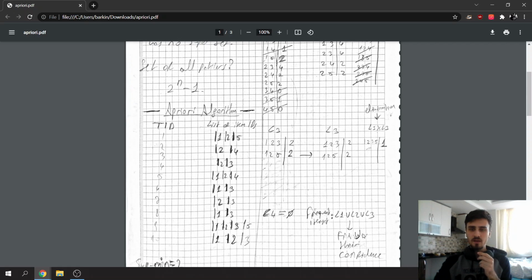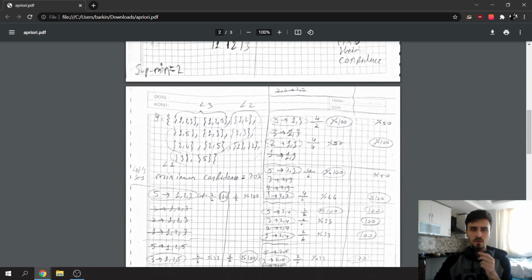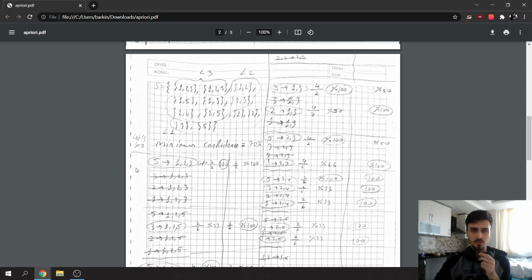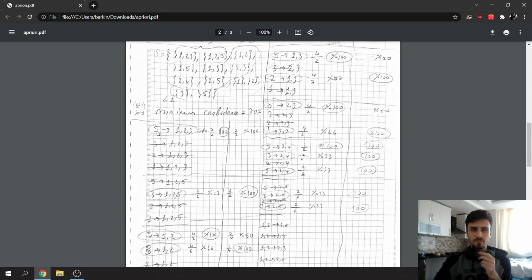Now we will find their confidence. So this is our set. This L3, and these can come from L3, these come from L2, and these come from L1. Let's say the minimum confidence is 70%. It is also a hyperparameter. It depends on us. So 5, and we will say if the person buys the fifth product, he or she will also buy 1, 2, and 3. And so for calculating its confidence,